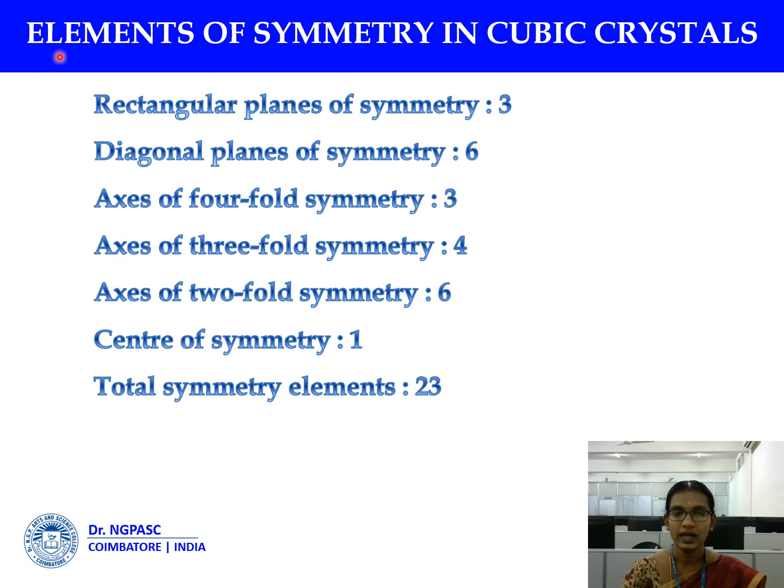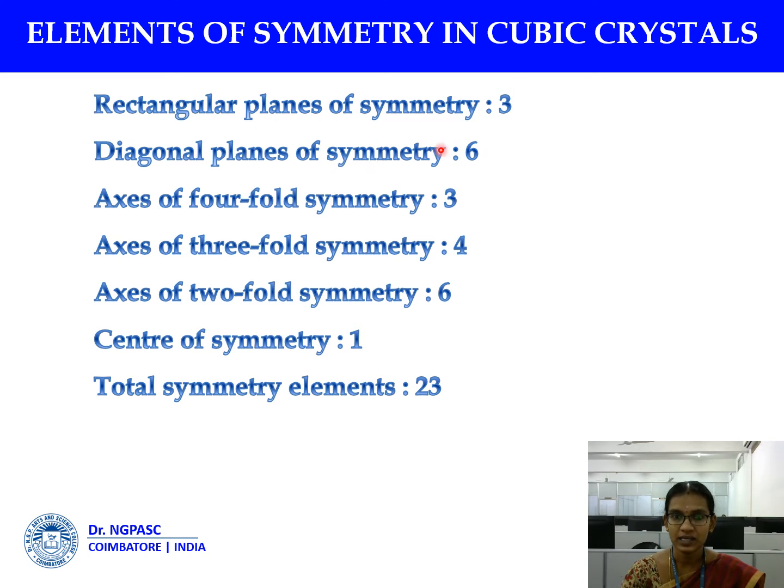Now we'll see elements of symmetry in cubic crystals. We have already seen that symmetry in a crystal is of three types. The first one is a plane of symmetry, the second one is an axis of symmetry, and the third one is a center of symmetry. Among those symmetries, the rectangular plane of symmetry for a cubic crystal is 3, and the diagonal plane of symmetry is 6,